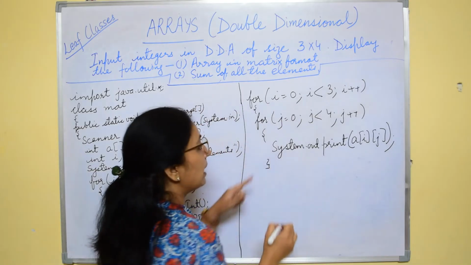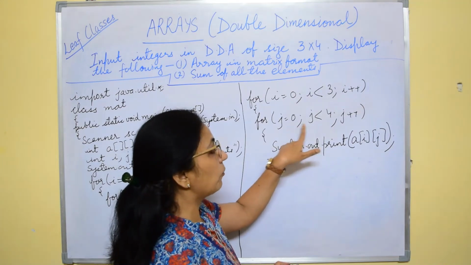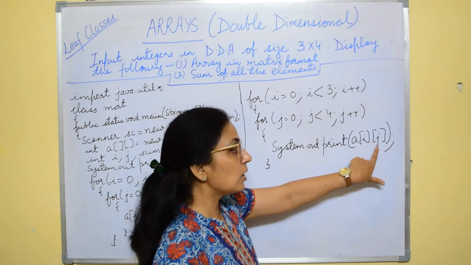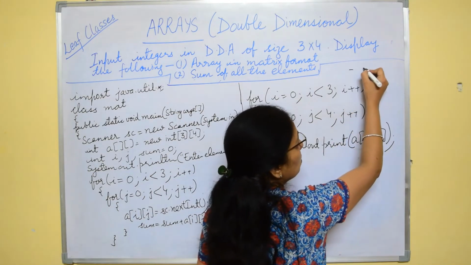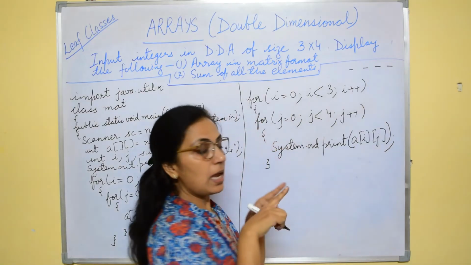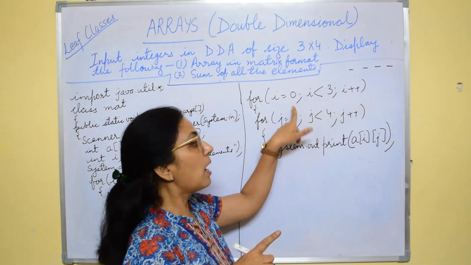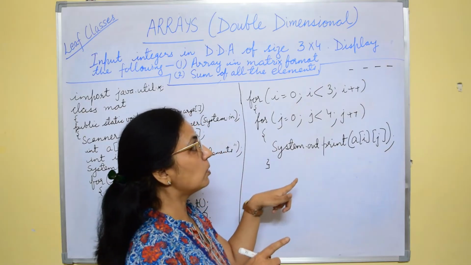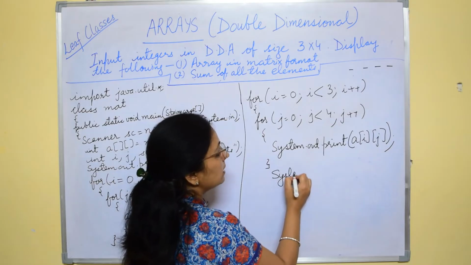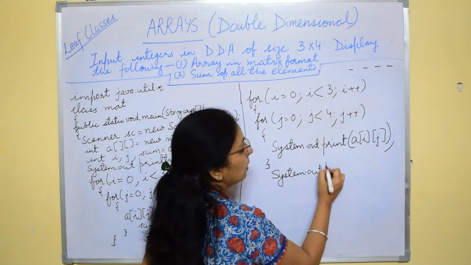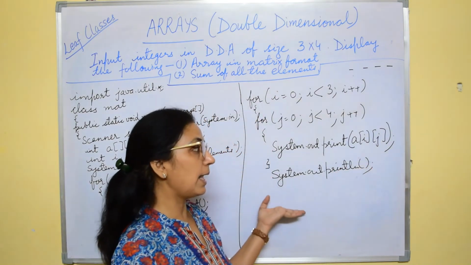So जब i की value 0 है तो कौन सी values print होगी यहाँ पर? j will move from 0 to 3. a00, 01, 02, 03। एक पूरी रो की वैल्यू प्रिंट हो गई। किस रो की? फर्स्ट टाइम 0th रो की। और जब पूरी एक रो की वैल्यू प्रिंट हो गई, हमको कर्सर नेक्स्ट रो पे ले जाना है। उसके लिए you will give System.out.println. println will take the cursor to the next line.